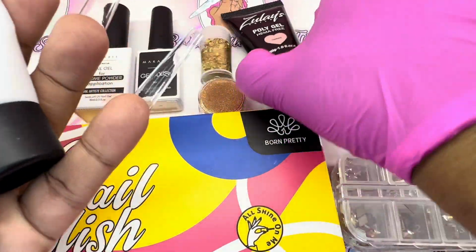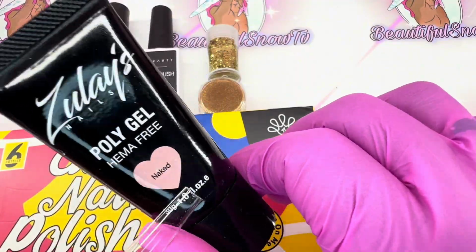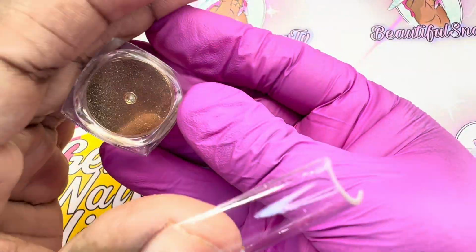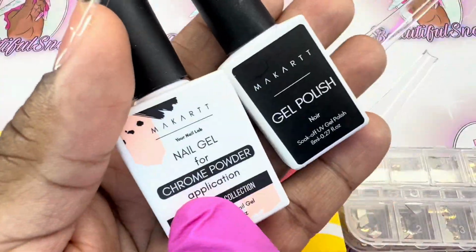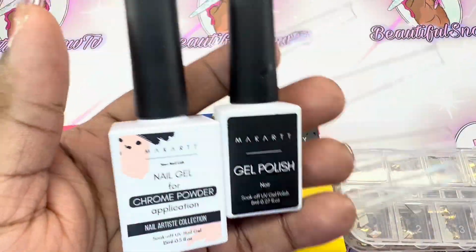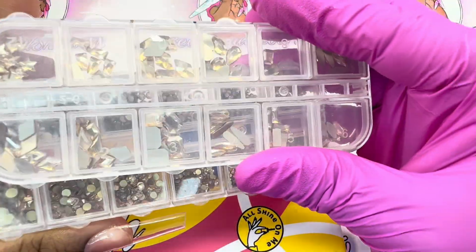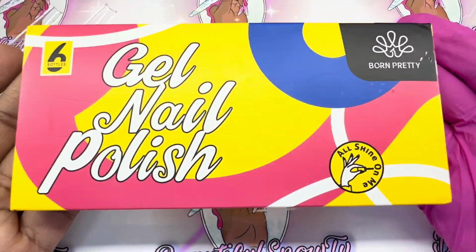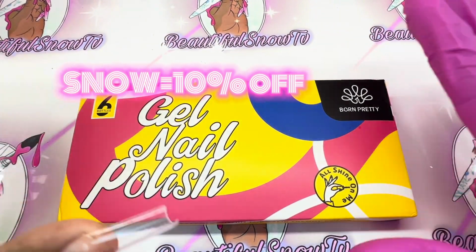So these are the nail products we're going to be using today. We're going to be using some Clear by Macart, some Naked by Zule. Make sure you guys check out her polygel products, and also some glitter. I'm going to be using some chrome. This is a beautiful chrome. I love chrome, guys. I have lots of chrome. I need to start doing more sets of the stuff that I have. Some black and some chrome gel from Macart. That is new. I just want to try it and it works awesome. We're going to be using some of those shadows, golden shadows, and we're going to be using the star of the show, which is the